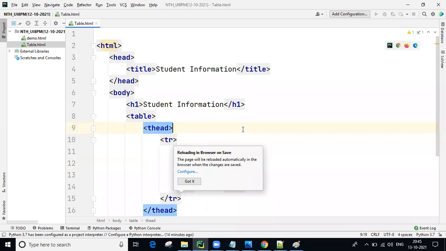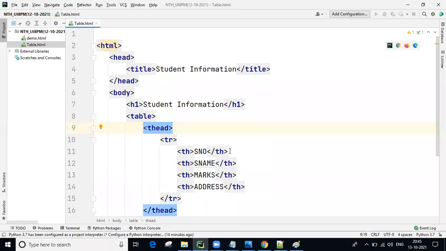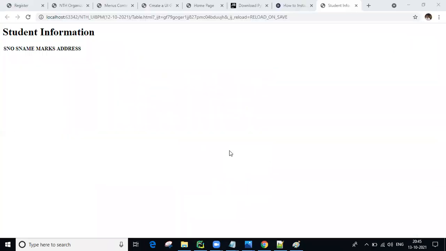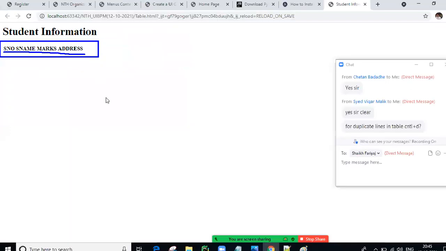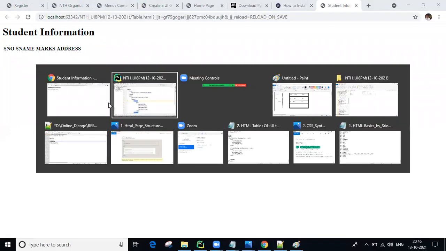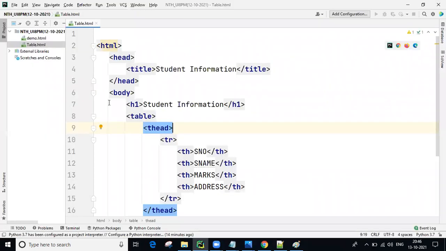Okay, now come to the browser. So here, see, it's automatically loading, guys. PyCharm is automatically loading, no need to refresh. Okay, so student number, name, marks, address you're getting. Now I want to add data, guys. Okay, so Control D is for duplicating lines.